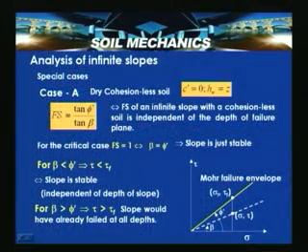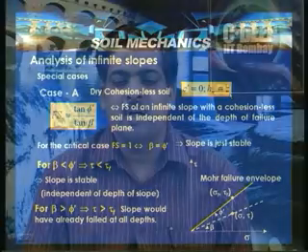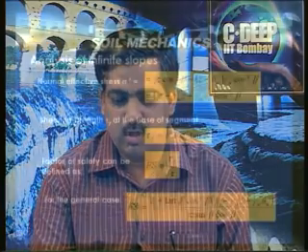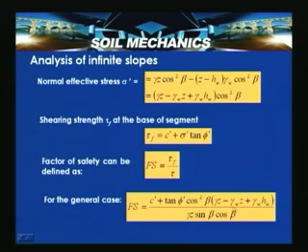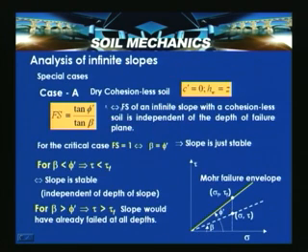Now, considering the special cases within infinite slopes, case A is the dry cohesionless soil, where c' is equal to 0 and H_w is equal to z, that is, the water level is at the failure surface, along the rock stratum surface at a depth z from the top surface. In this case, if you substitute in the generalized expression we just introduced with c' equal to 0 and z equal to H_w, we get factor of safety equal to tan phi' by